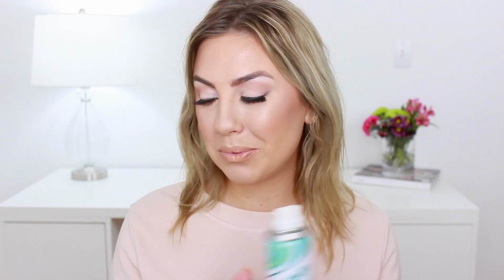I'll put this in and it cancels out that brass for me, which I know probably sounds really funny, but I've been doing this for, I don't know, like 6 months now, and I'm just obsessed with using dry shampoo to kind of tone my hair out, which is really weird, I know. But it really does work, and I also love using dry shampoo because I don't wash my hair all the time. Especially having dry, damaged, bleached hair, I try not to wash it very much, like maybe 2 to 3